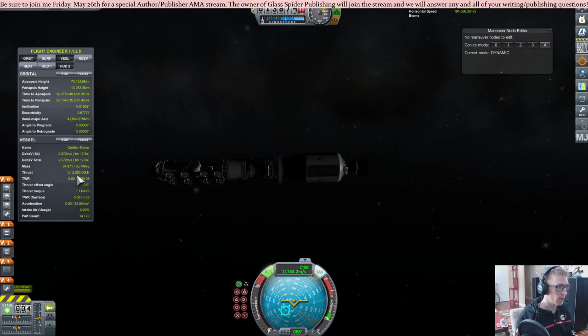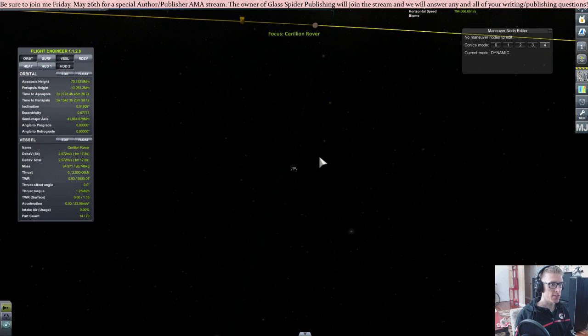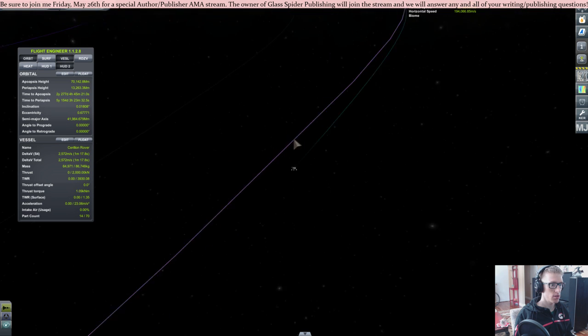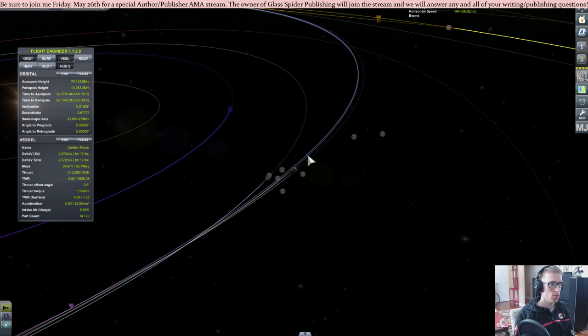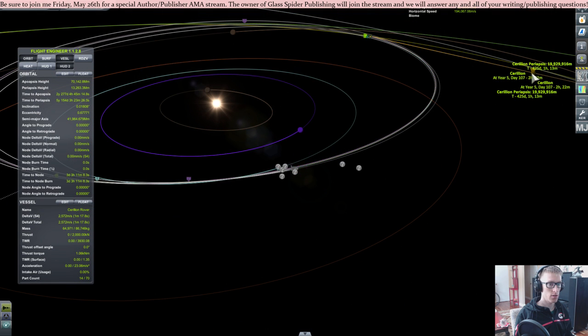Okay, how much Delta V do we have? 2,500, that should be good. No, there are... Where did you see yellow ones? I have not seen any yellow Joy-Cons. What are we looking at here? Okay. Let's try maneuver. And then let's focus on